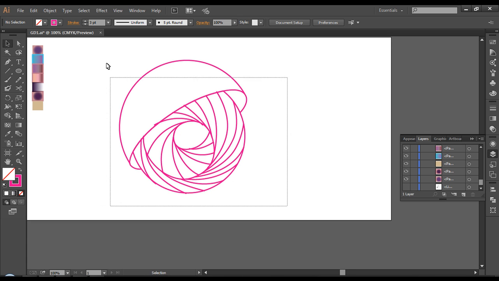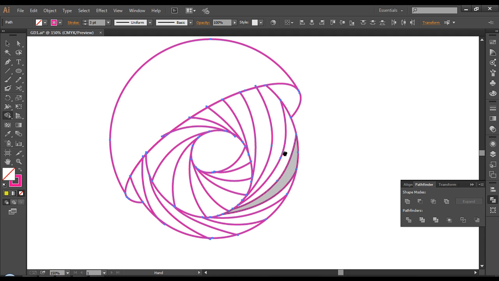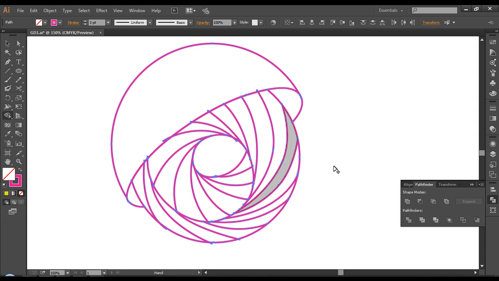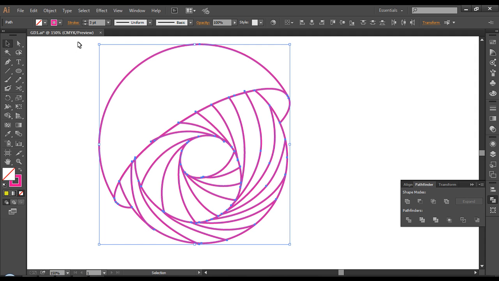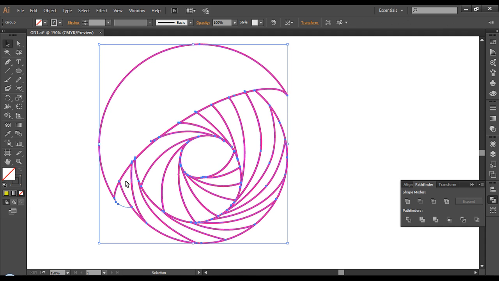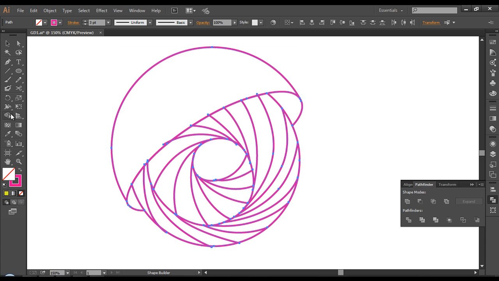So now selecting everything, separate out each individual piece using the shape builder tool or by dividing it. You can use either way, but sometimes the divide option might show some errors. If I select all these and use the divide option, I miss out some details. I just don't want that, so I'll use the shape builder tool and, choosing a different color, I'll separate them out manually. So click.